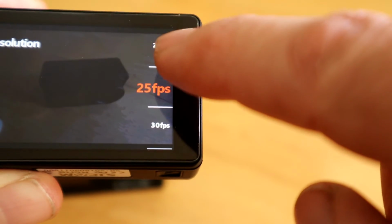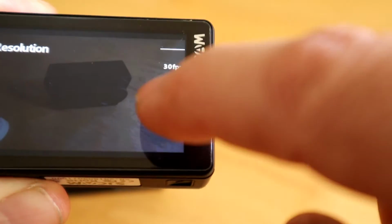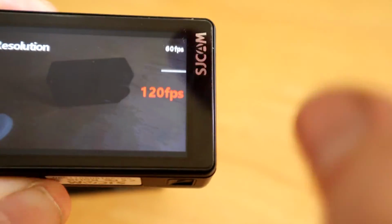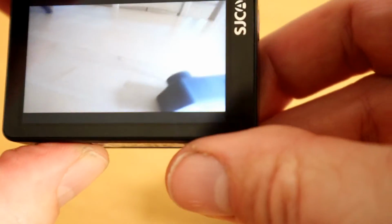So I can go cinematic, 24 frames a second, 25 frames a second, standard 30, 50, 60, up to 120. So all your frame rates are done exactly the same on both of them. So if we just go into this one,